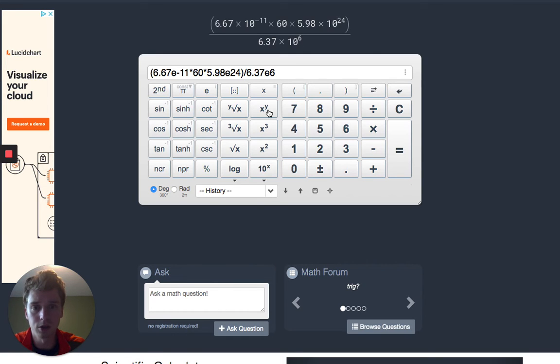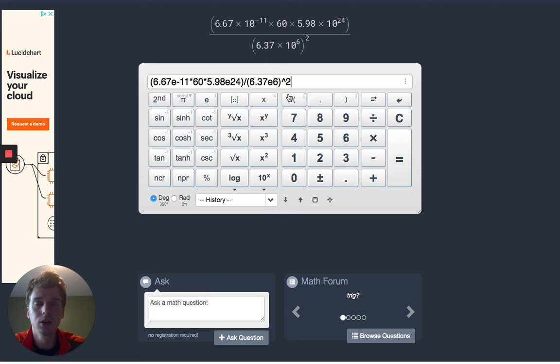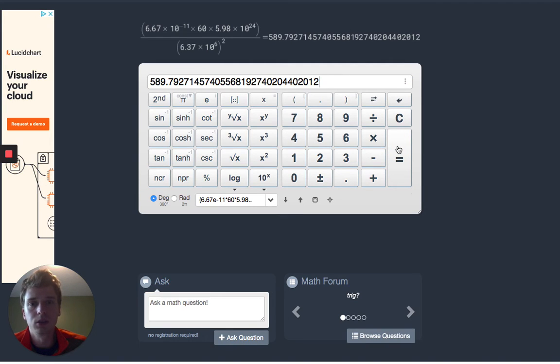Right? I need to make sure I square it, and this is why I like Web 2.0 Calc, because then you can come back here and edit it and make sure that you are doing this correctly. Right? So 6.37 times 10 to the 6th, square that, divide by my gravitational constant, and my mass 1, and my mass 2. So plug that in, and you should get